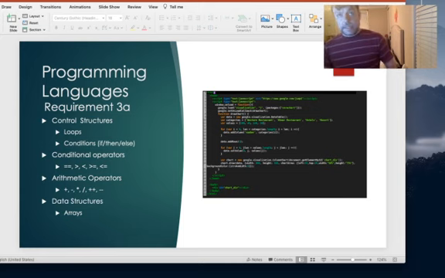Definitely in a programming language like C++, where you have strict control over the memory, and Java, where it's a fully object-oriented programming language, there's going to be a lot more variations on control structures and arithmetic operators for you to be able to do things like managing memory versus a scripting language like Python or JavaScript, where it's going to have a smaller subset of those, but again, much easier to work with. And we'll actually be looking at some Python later,